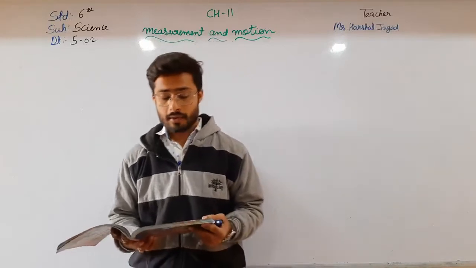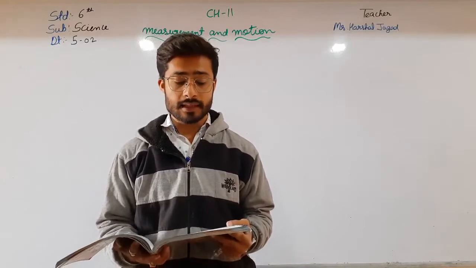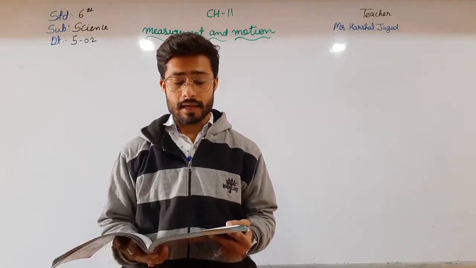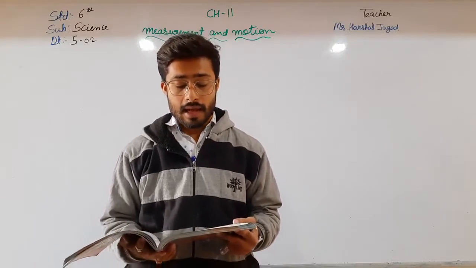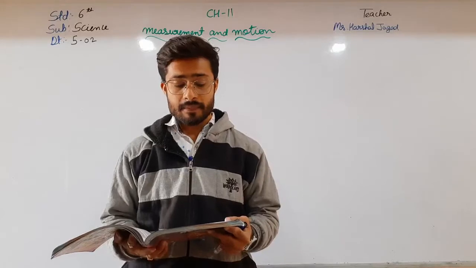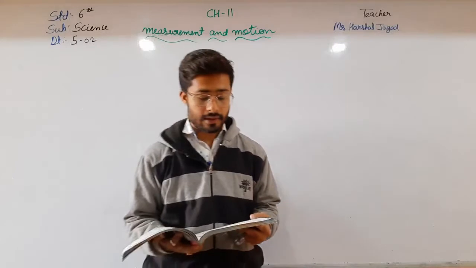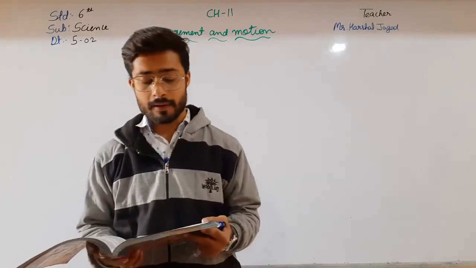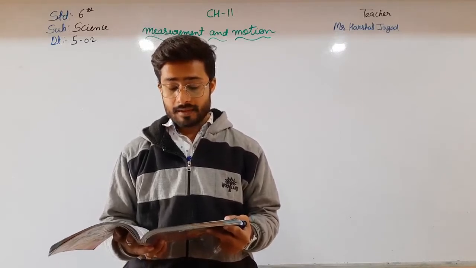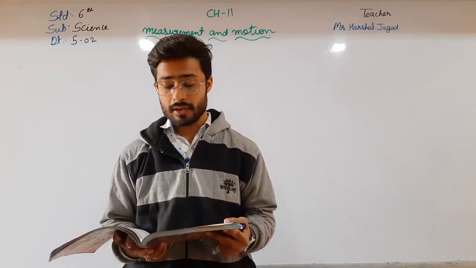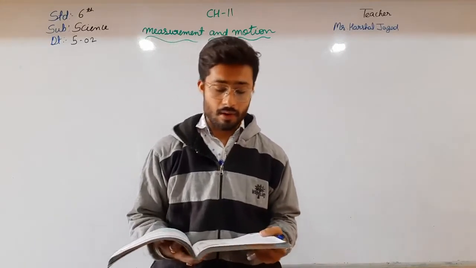Method: spread out the chart paper under the door and fix it to the floor with the adhesive tape. Then shut the door. Stick the three sketch pens A, B, C to the door with adhesive tape in such a way that the tips touch the chart paper. Now open the door gently. You will see that the three sketch pens make curved lines on the chart paper. Use the string and the ruler to measure the length of the three curved lines.